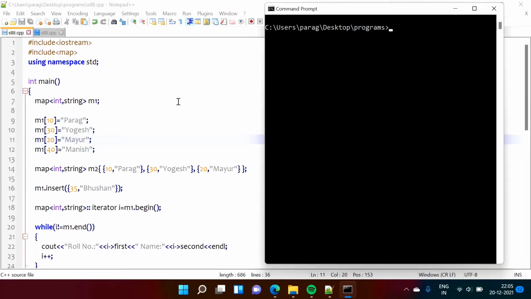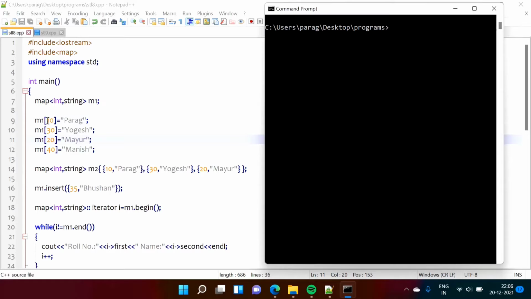So in the beginning videos of STL, we have seen there are two types of containers. One is the sequential container and the other is the associative container. Sequential containers are those containers which have linear or sequential indices, for example 0, 1, 2, 3, 4 like this. While associative containers are not accessed by linear indices but by keys.